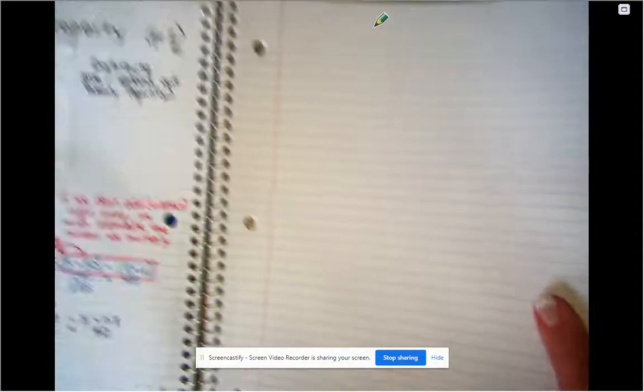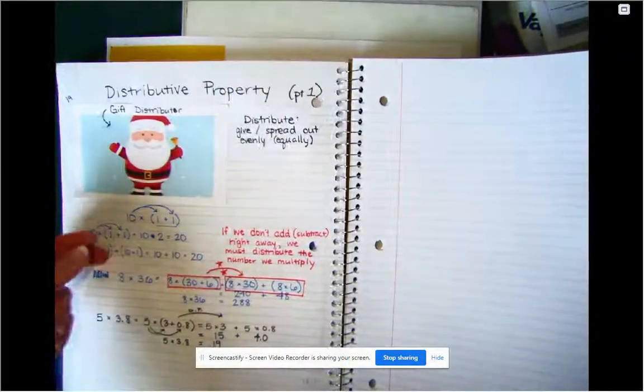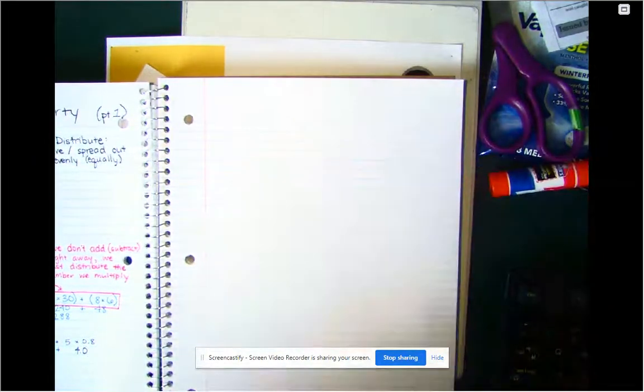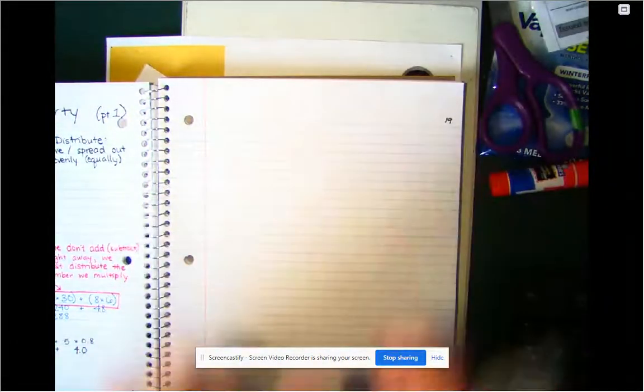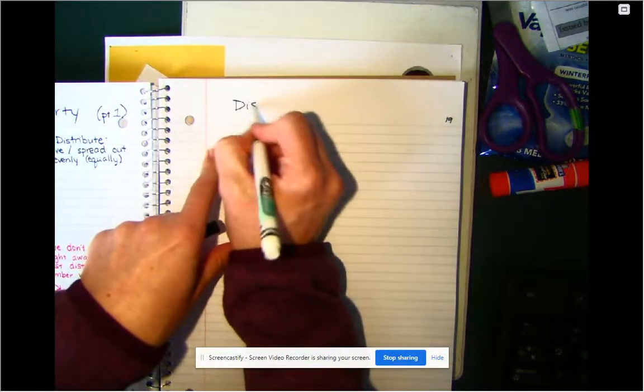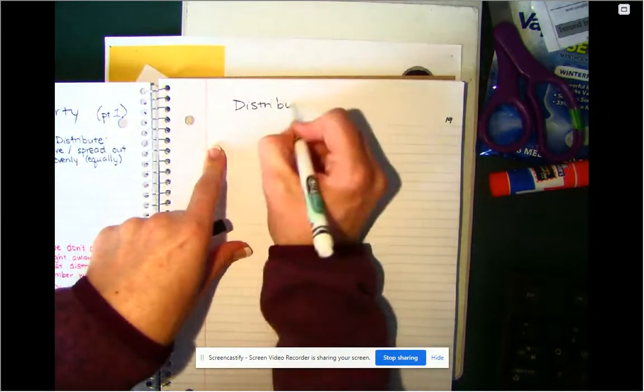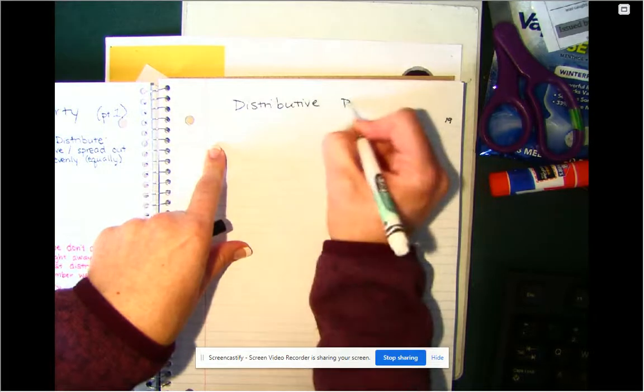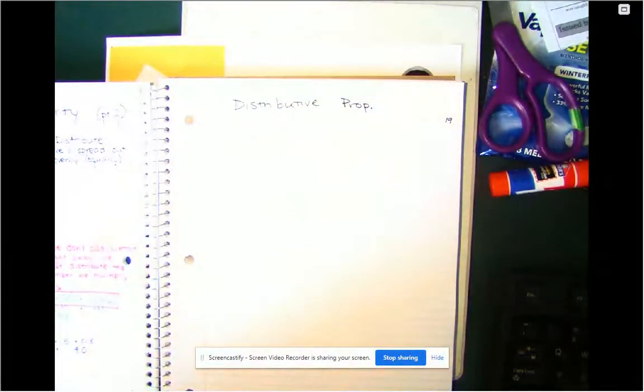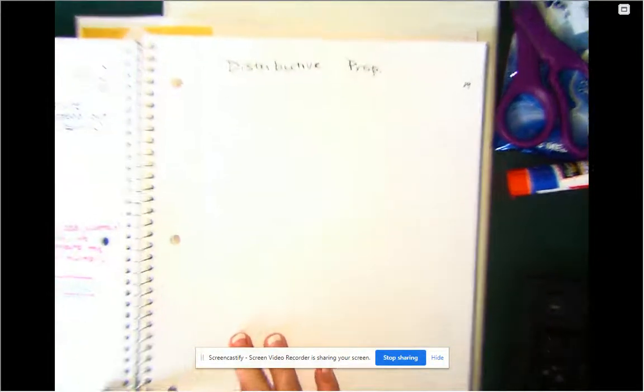We are on the other side of the distributive property page. So we're still on page 19, just on the other side of page 19. So more distributive property. And I hinted at this yesterday or in the last video, depending on the timing, but